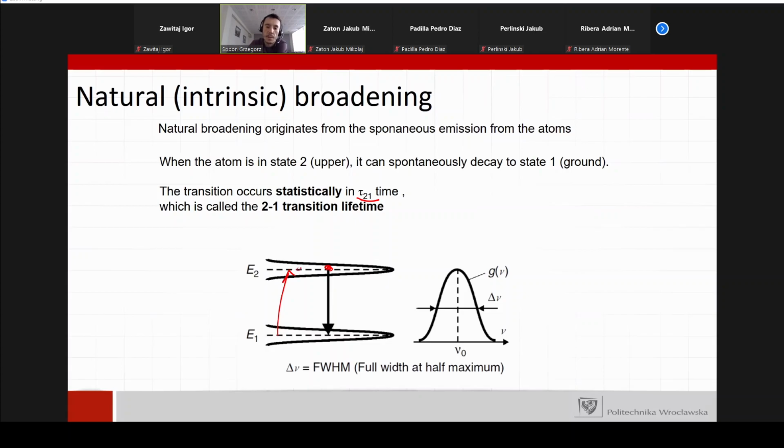The atom exists in this state over some time and then decays to the ground state and emits a photon. So the time that the atom is staying on the upper energy level is called the transition lifetime. Okay,